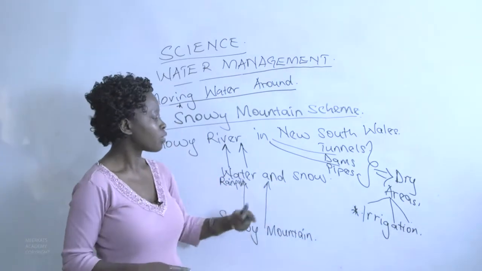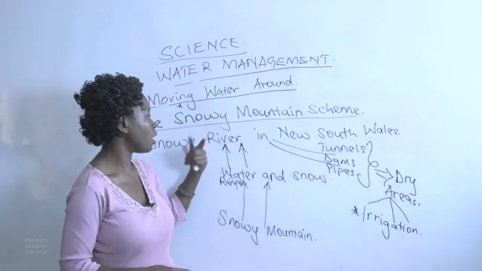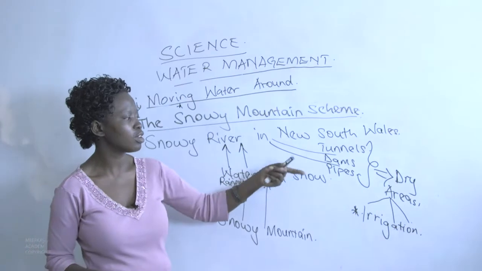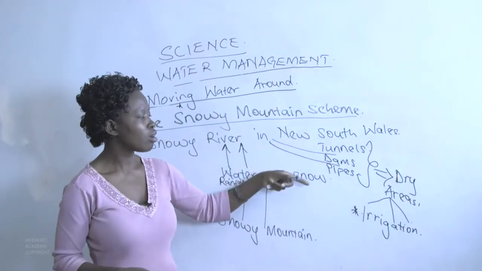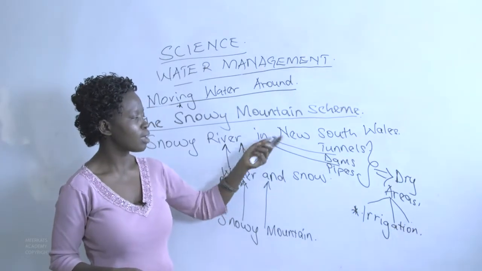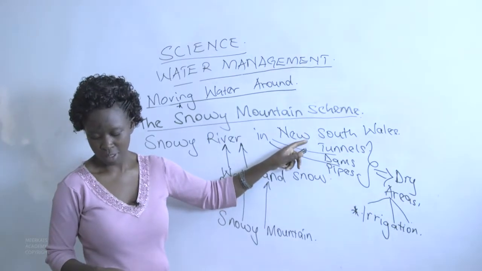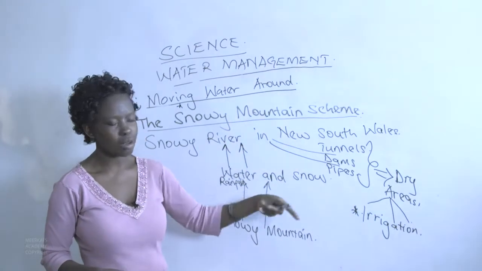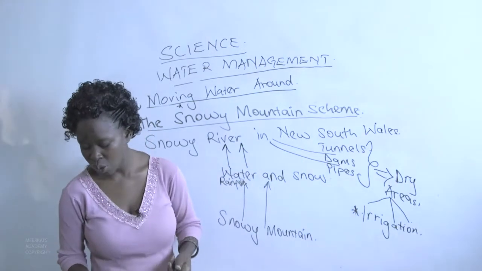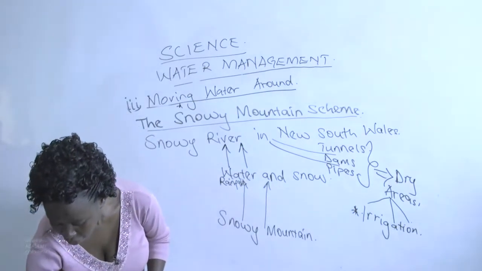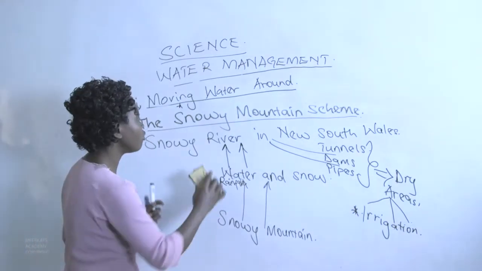At the same time, this water is in the process of moving from one region to another. We are having water in the river, we have water in the dams, we have water in tunnels, and so on. It can also be returned back into the atmosphere through the evaporation process. So we find that this will ensure that there is continuous supply of water into the atmosphere. The next water management activity we have